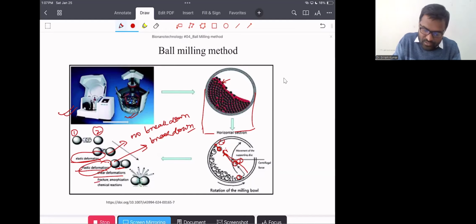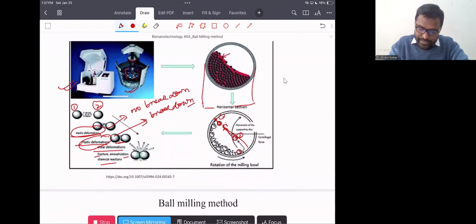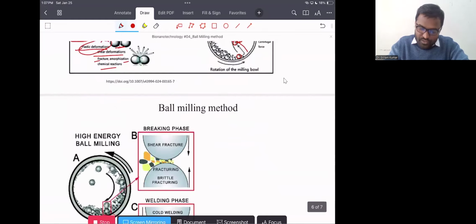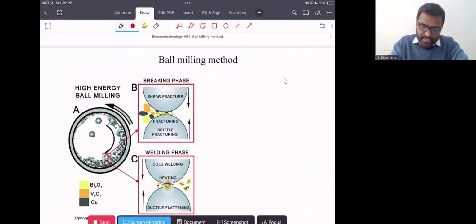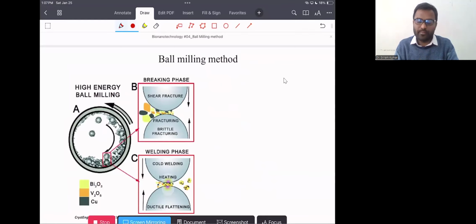And there are fractures, amorphizations, and chemical reactions that happen in that stage, and based on that we get different kinds of morphology, particle size distribution, or maybe the activity of this material. So here, in the shear deformations, or maybe we understand with the other figure, that in the high energy ball milling, we